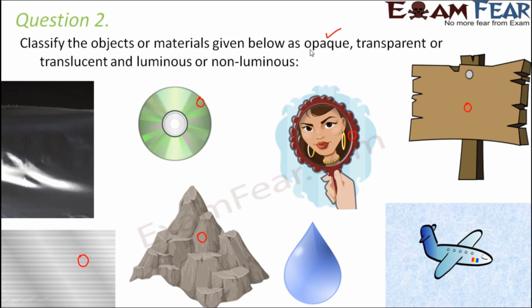You talk about transparent. Transparent means that object which allows light to completely pass through it. So if you look at water, water is transparent because you can see other objects through water. When you talk about air, air is again transparent because through air you can see other objects. Had you not been able to see through air, in that case you would not have been able to see anything around yourself. You talk about a polythene sheet. So this is a polythene sheet. So when you look at a polythene sheet, most of them appear very clean and transparent. So that is also going to be a transparent object.